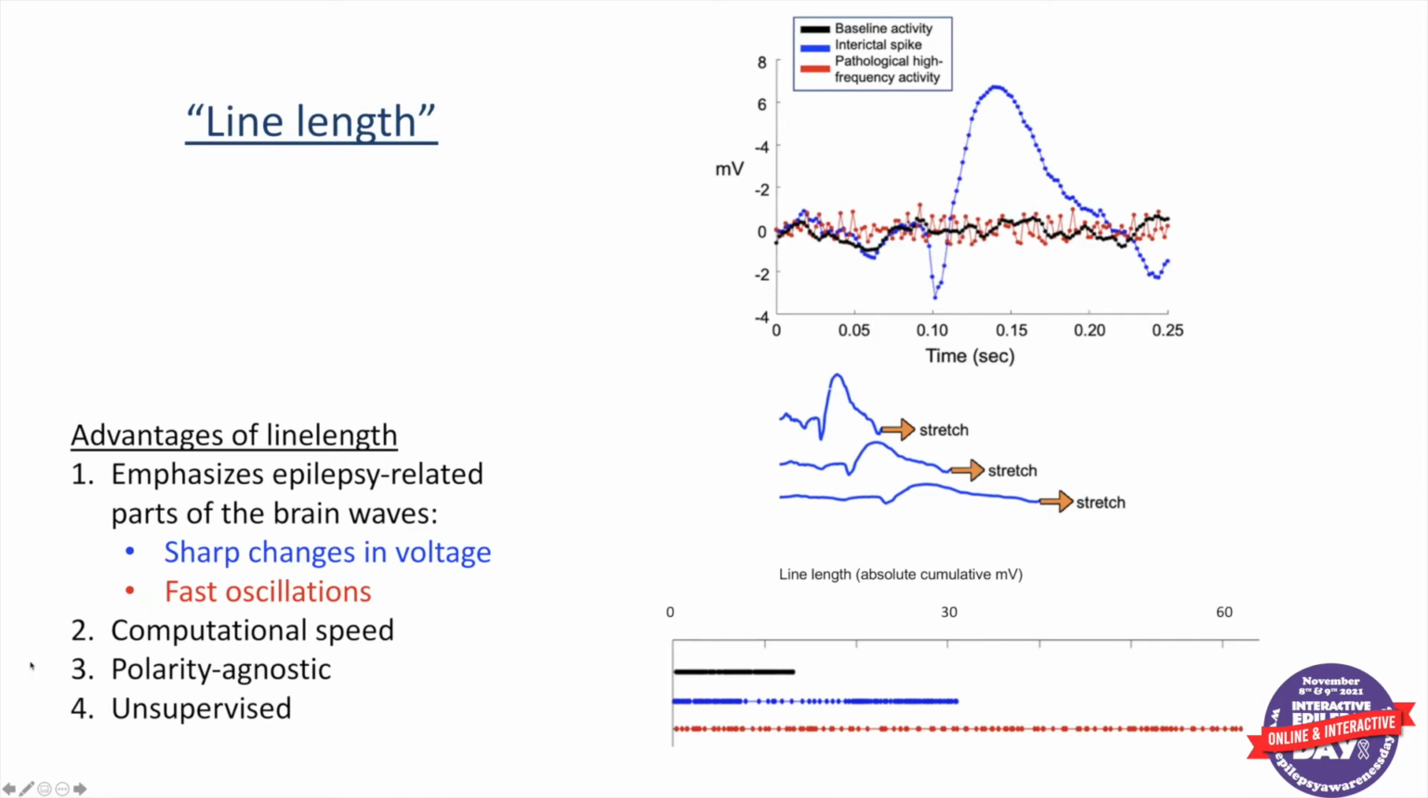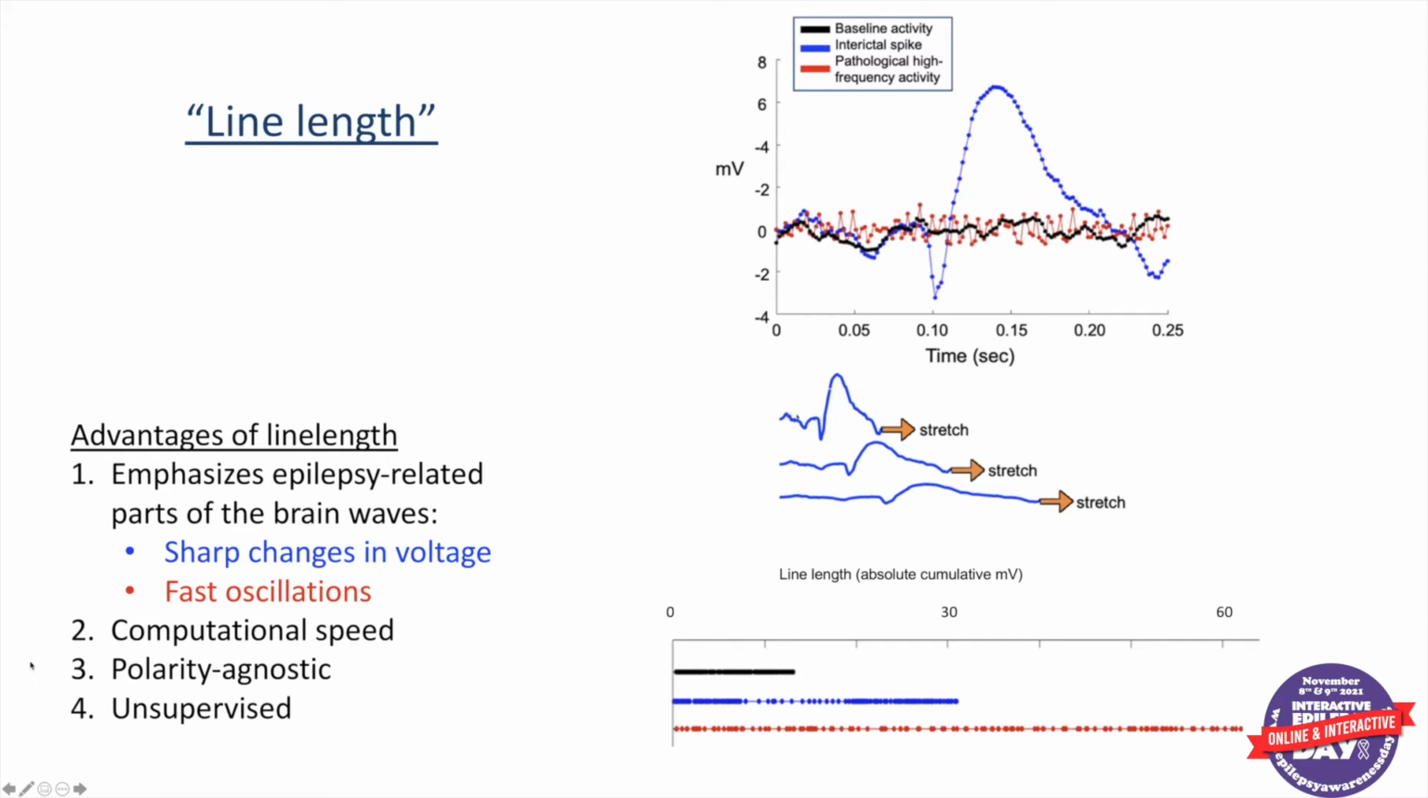That's the blue trace and the red trace. Those are things that we associate with bad activity in the brain that's related to seizures. So we want to be able to differentiate between the blue and red versus the black trace. And what we do is we use simple math, a math quantity